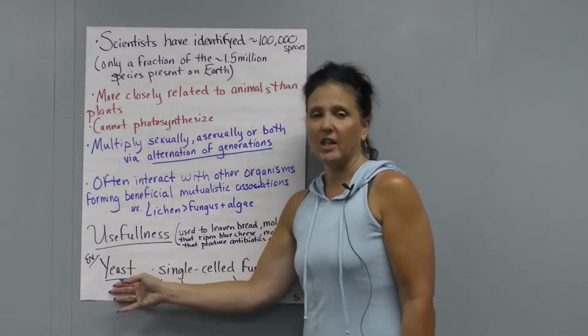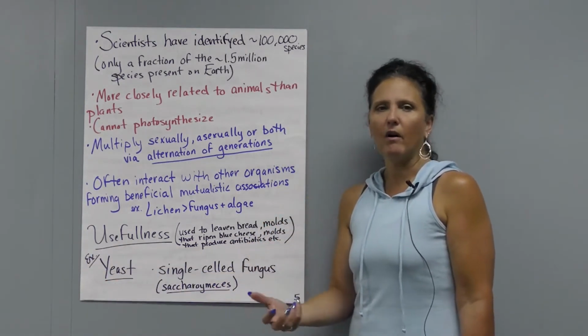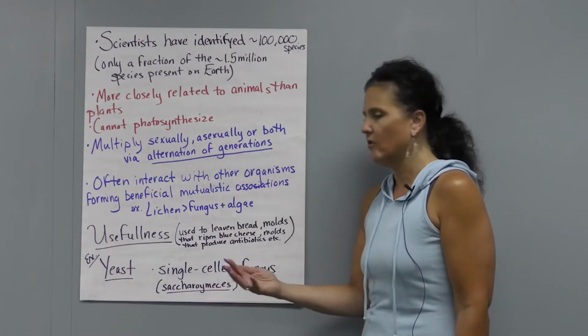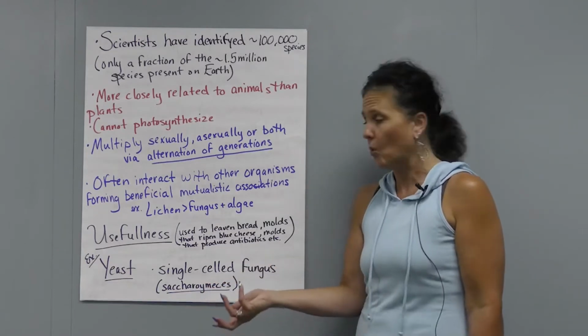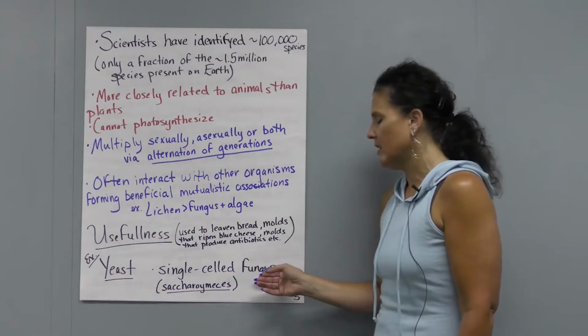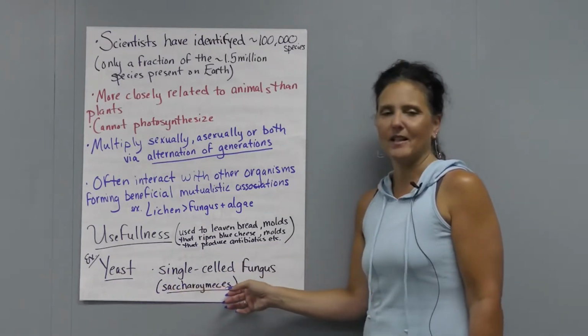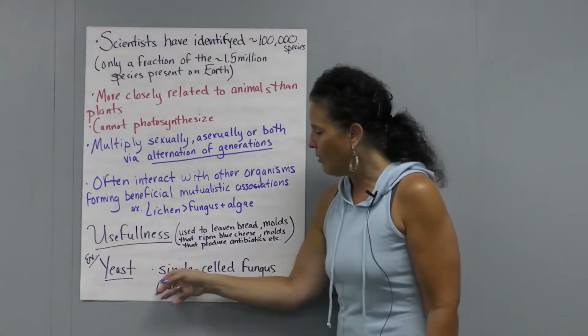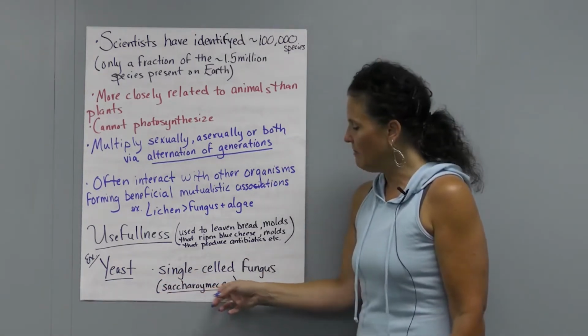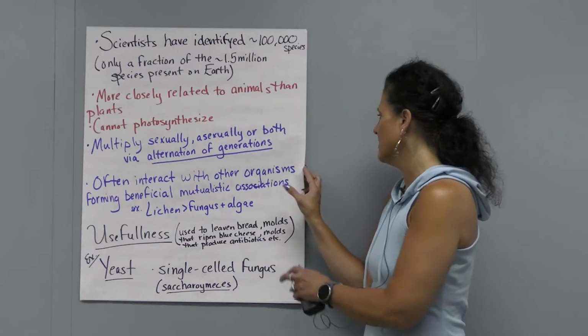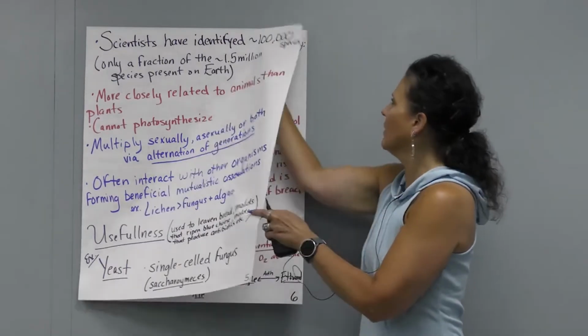So our example is yeast. Everyone's heard of yeast, right? Because we've all heard of bread. We all know people that bake bread or buy bread at the store. It's a single-celled fungus. The name of the fungus is Saccharomycetes, and you don't need to know that. Sacro kind of means sugar, right? When you see myces like this, that means fungus. So that we can look at.